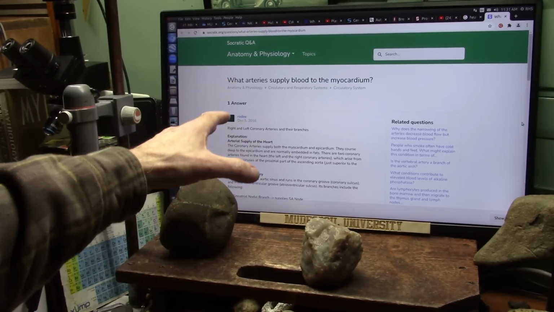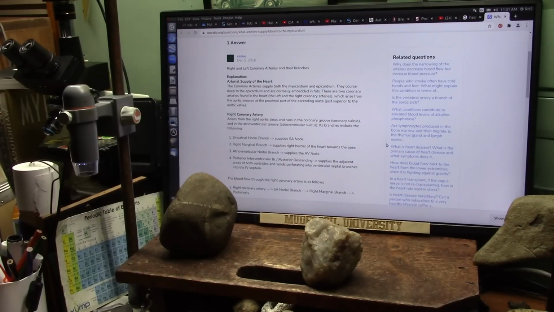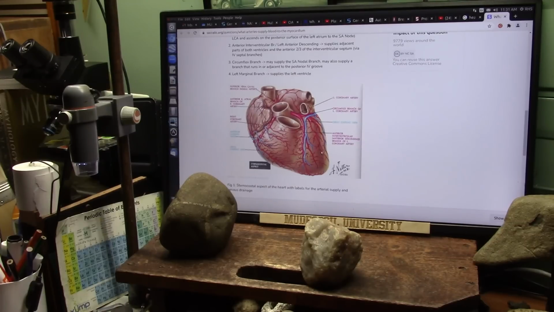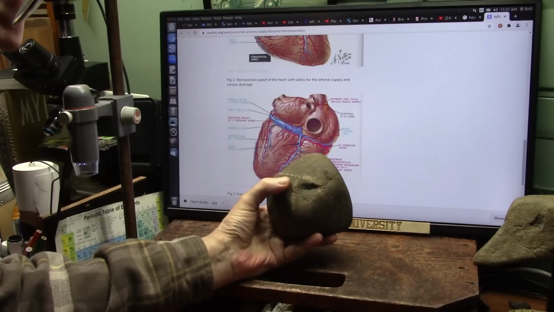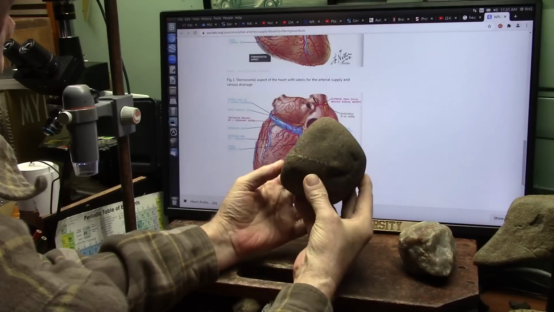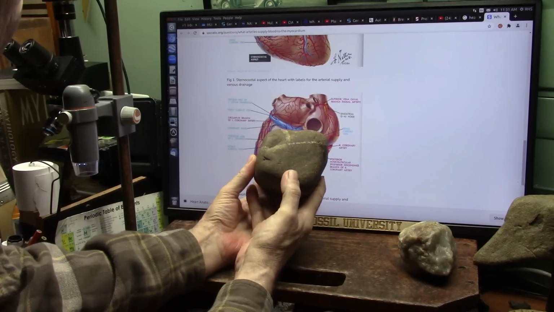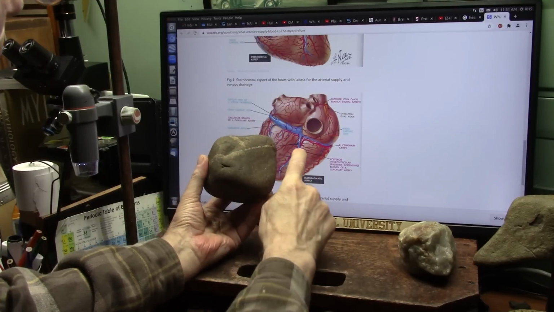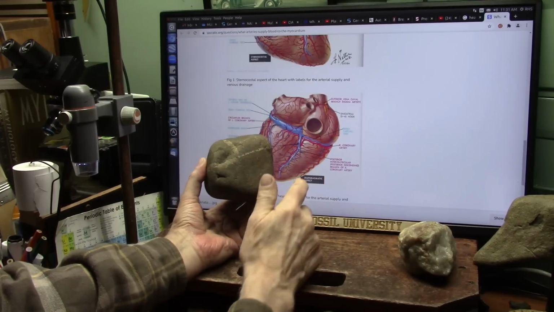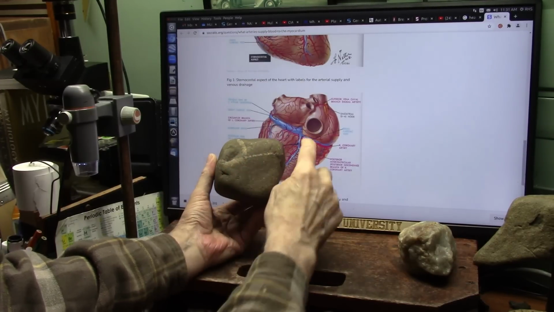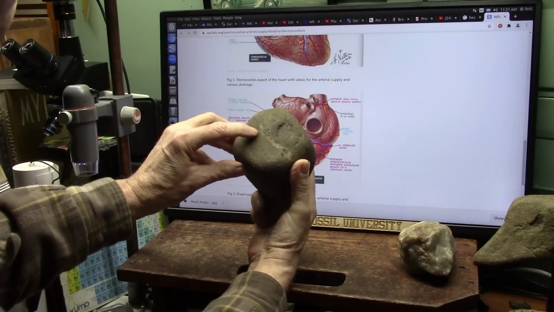Okay, this is really cool. This is Socratic questions and answers, anatomy and physiology, and we're going to be doing the heart, and that is what the heart looks like, but check this out. That's it right there. Whoops, another heart just fell on the floor. I believe it goes this way right here. This is where you have the little vein valves in this little vein. And then you've got a really big one here. Now, I don't know if there are any valves in that. I doubt it. These have the valves. Basically, it's that way. And there was a big hole up in here and another